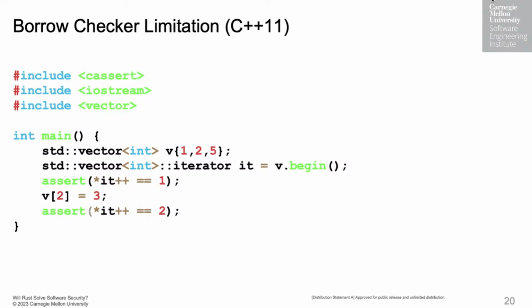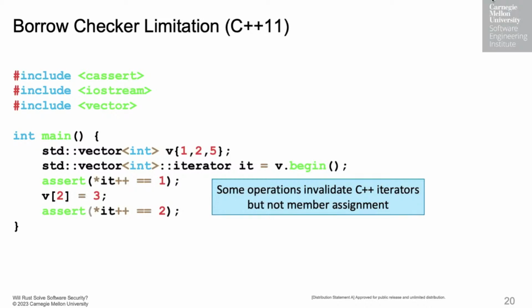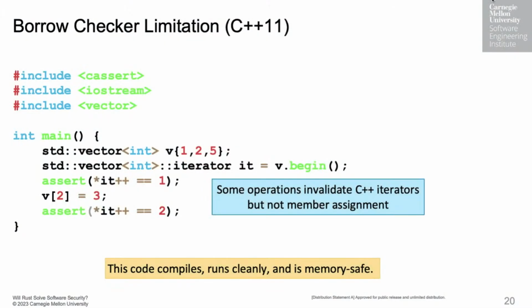So what I have here in the slide is an example of C++ code that is perfectly safe and fine. It's very similar to Joe's example. In this case, we're iterating over a vector, and instead of adding a new element to the vector, we're just changing one of the elements of the vector. So whereas adding an element to a vector in C++ causes any iterator to become stale, changing a vector's element does not. You can change elements willy-nilly, and as long as the element count is the same, your iterators are still good. So this program compiles properly and runs and does exactly what you expect.